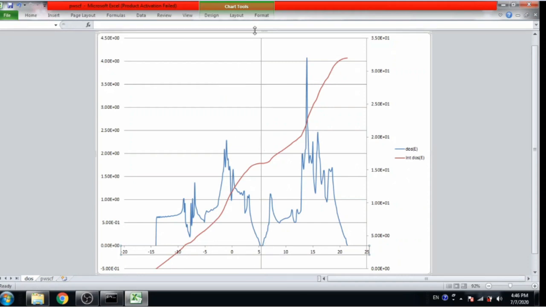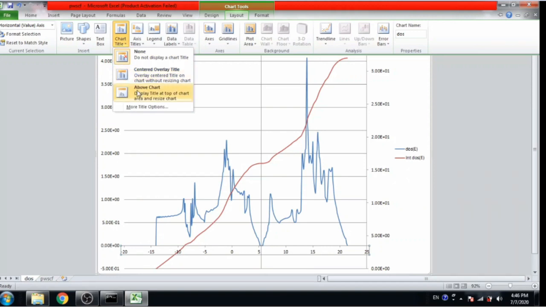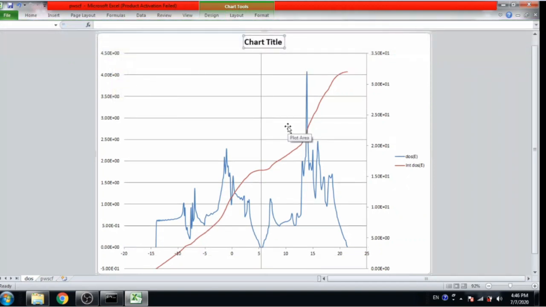Okay. Now I want to add a chart title. So write a chart title: density of states and integrated density of states for graphite.